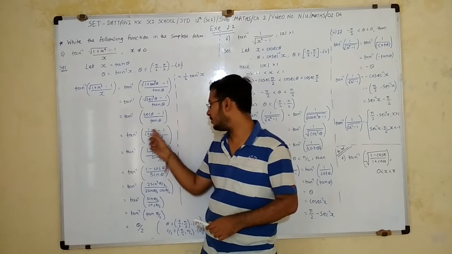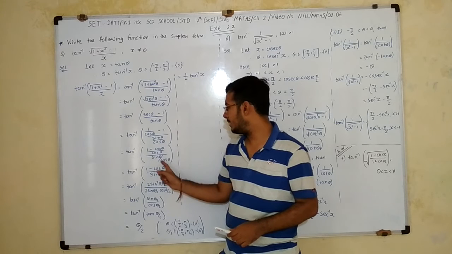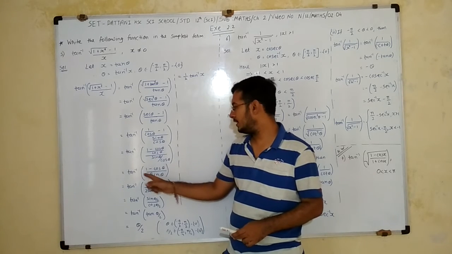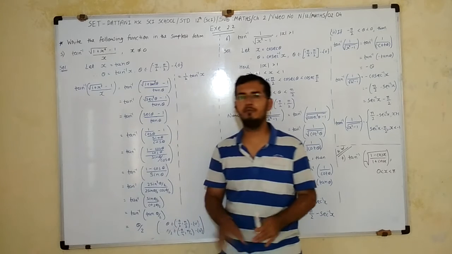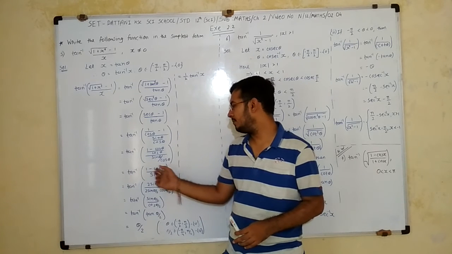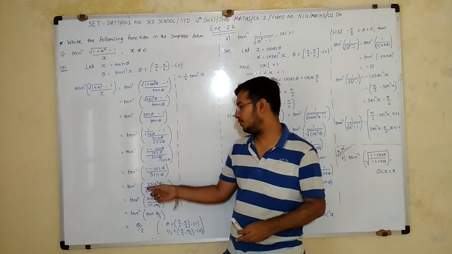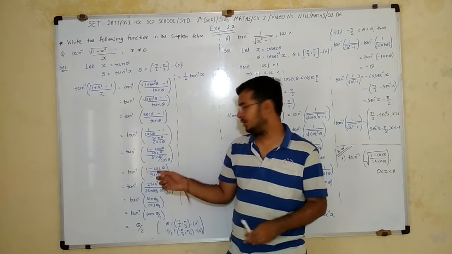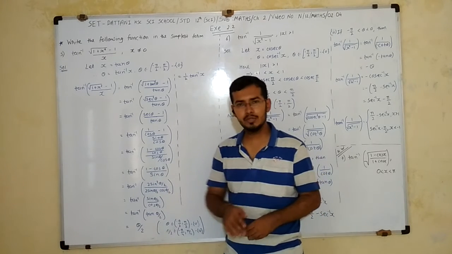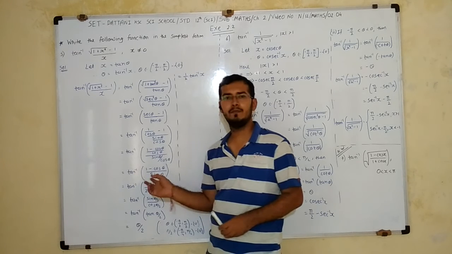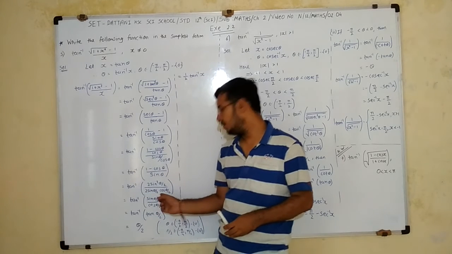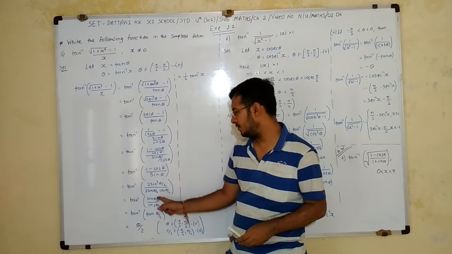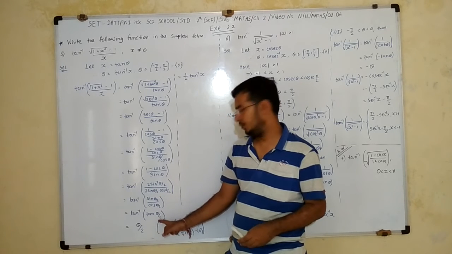Cross multiplying, we get (1 minus cos) upon cos and sin by cos. Cos cut, I get (1 minus cos) upon sin. So we know that we have to go into a tan form. Using the formula, 1 minus cos theta is equal to 2 sin square theta by 2, and sin theta means sin 2 theta, which is 2 sin theta cos theta. But here theta is half, so we take 2 sin theta by 2 into cos theta by 2. 2 cut and 1 sin cut, so remaining sin upon cos. I get tan theta by 2.